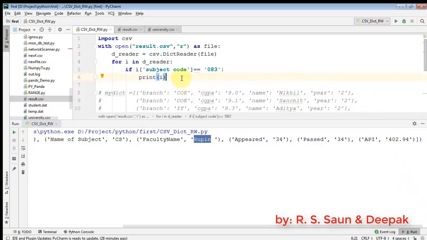Okay, now see, so this is really very easy, and if you want to filter it out, it is also very easy. Now suppose I want to filter out all the elements whose API is more than, let's say, 300.